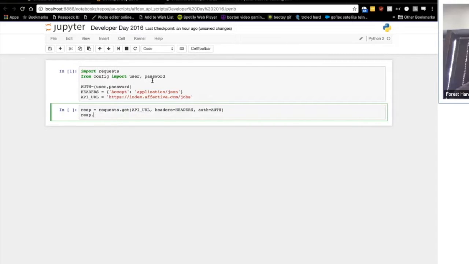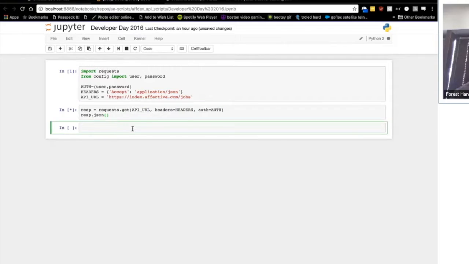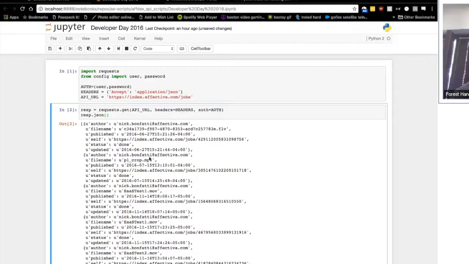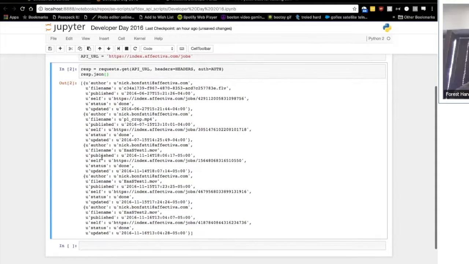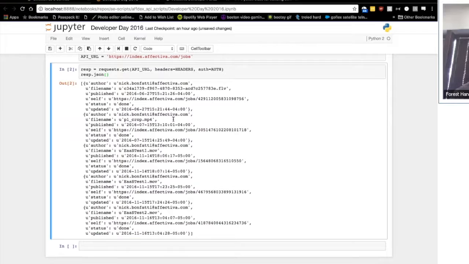And then I'm going to display the output by using the JSON command of the response. If we just put the response here, it'll give me the HTTP return code, but what we want to see is the actual output. So you see I have six or so jobs listed here. Those are the ones I've already done. Now what we're actually going to do is create a new job,